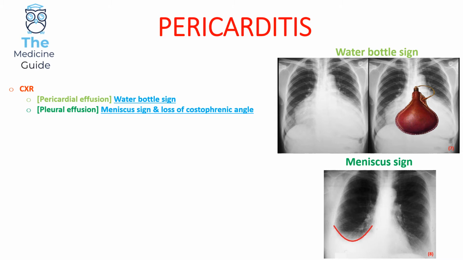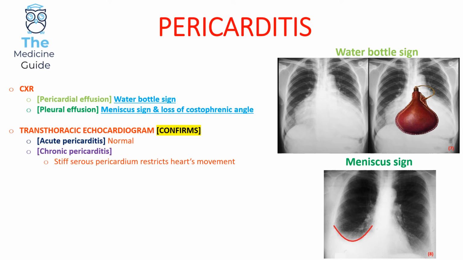Now, a transthoracic echocardiogram is needed to confirm the diagnosis of pericarditis. So in acute pericarditis, the transthoracic echocardiogram will appear normal, but in chronic pericarditis, there will be a stiff, serous pericardium because the movement of the heart, so that contraction and relaxation action, has been restricted because of the stiff, serous pericardium